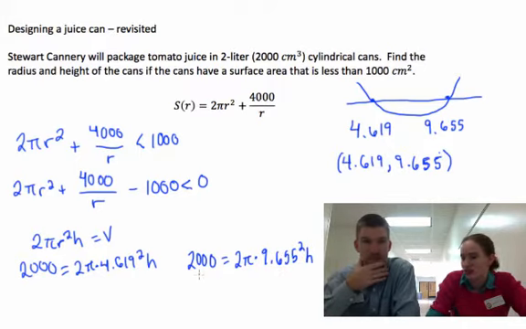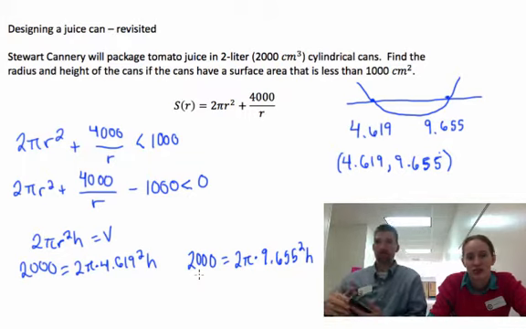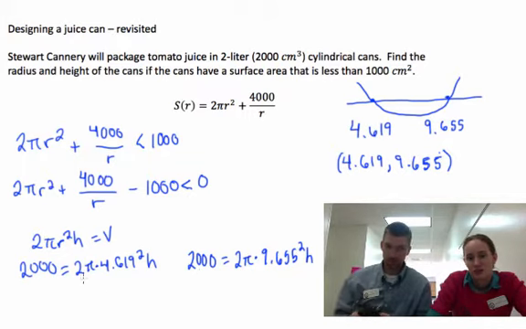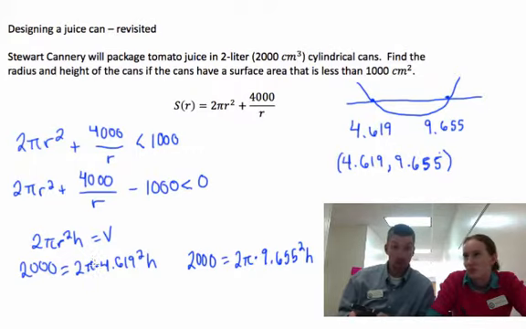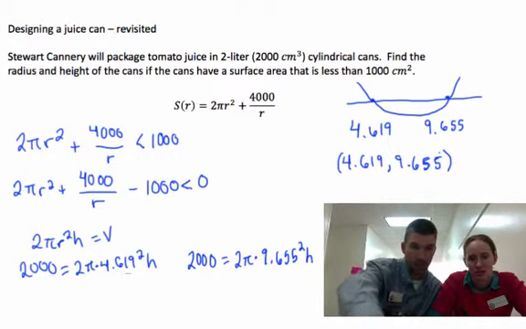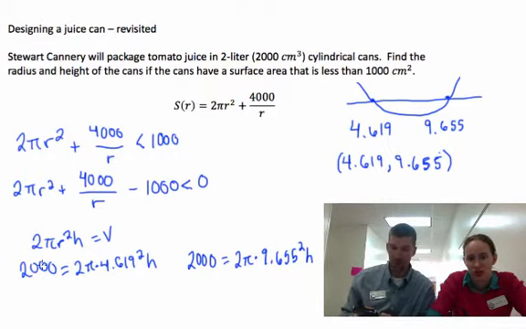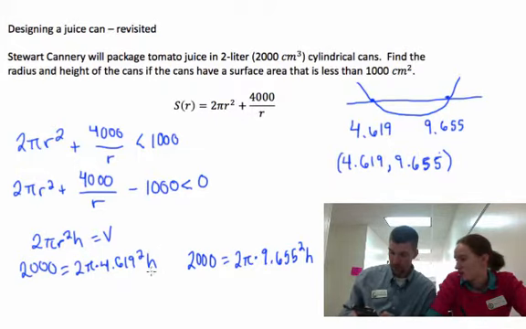So we need to do some calculator work. We're going to solve for h. I'll do the whole thing at once: 2,000 divided by parentheses, 2 pi times 4.619 squared. Don't close your parentheses yet. Okay, I got